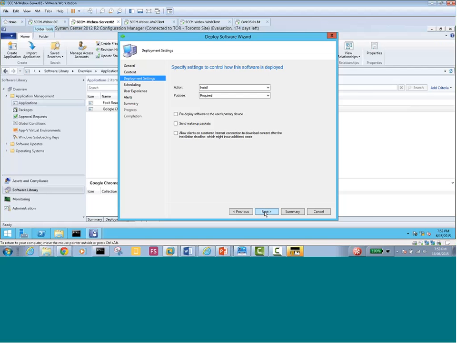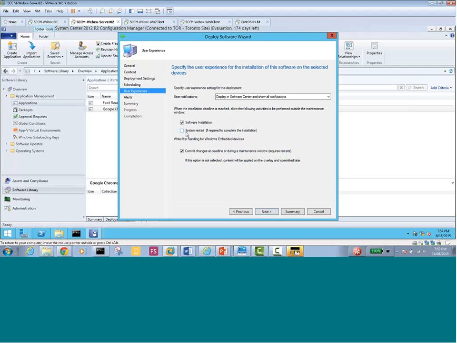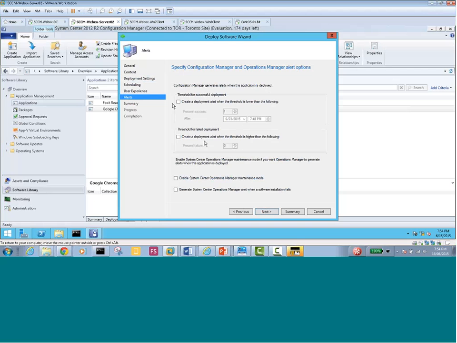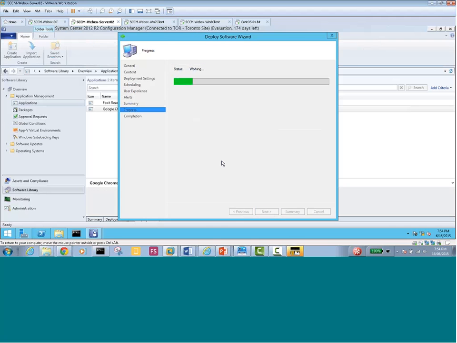Okay, I'm just clicking next for required as soon as possible. Next. There's nothing difficult here. Show all notifications, software installation, system restart, commit the changes right away. Next. Create a deployment alert for success and failure. The client should be reporting to Configuration Manager whether it was successful or not, so we need to know that. Next and next, so working for Google Chrome